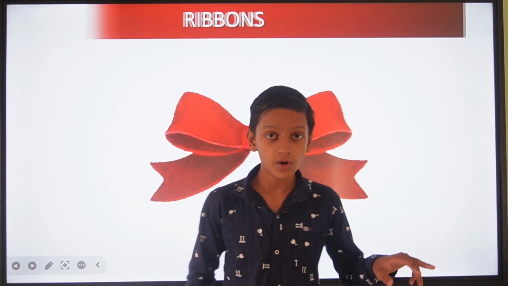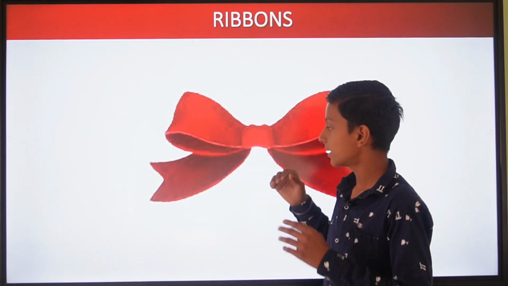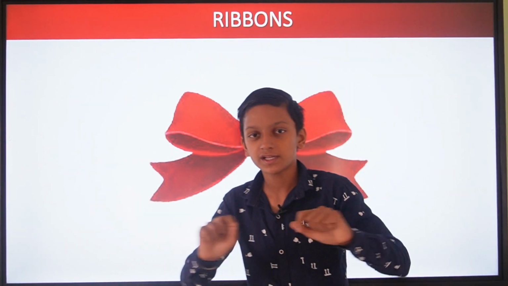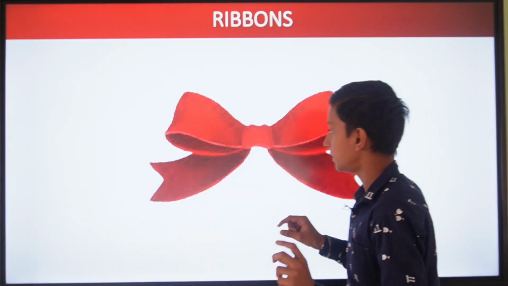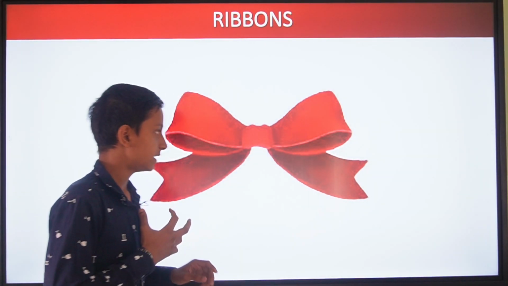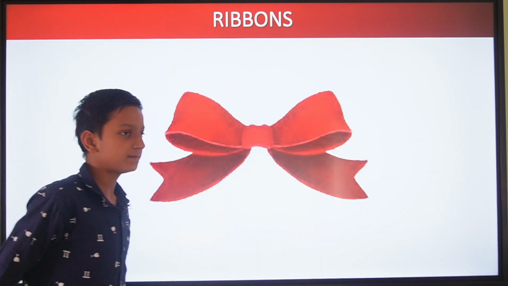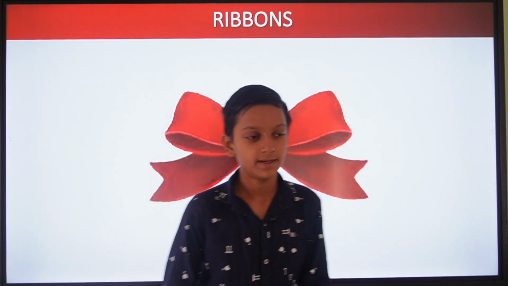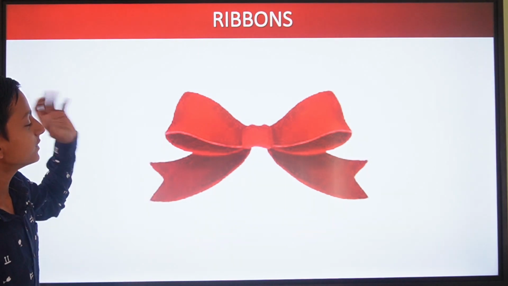Okay, hey, time's up. Now let me tell you what this is called. This is called a ribbon. Okay, this is a ribbon. What is this called? A ribbon, which you tie on the gifts, right? Which you tie on the gifts or you tie on your chest. That's called ribbons. Or sometimes you tie it on your friend's hands at a birthday party. Very bad. Just kidding. Okay, so ribbons.